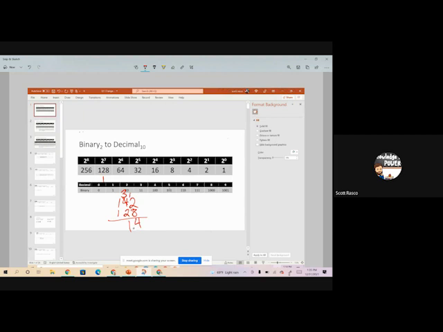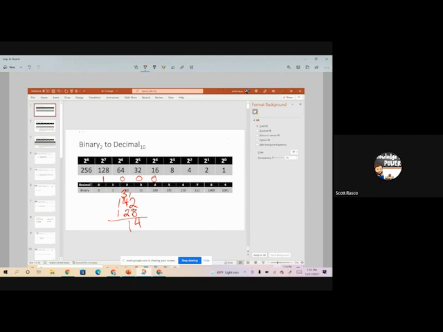The difference is 14. Can 64 go into 14? Well, no, we can't subtract 64 from 14, so we're going to put a 0. Can 32 come out of 14? Well, the answer is no there as well. Can 16 come from 14? The answer is no. So we have a 1 and 3 zeros, a 0 in the 64, 32, and 16